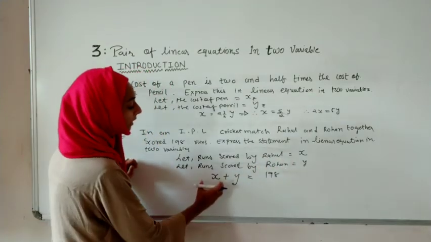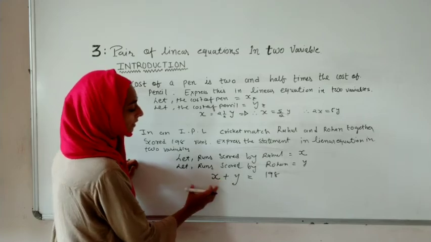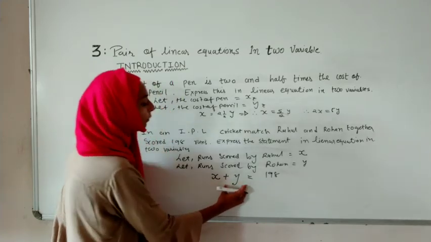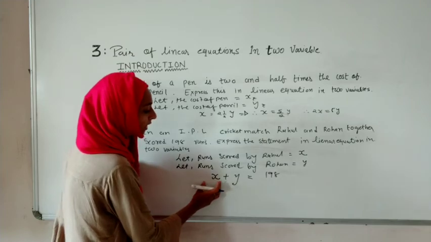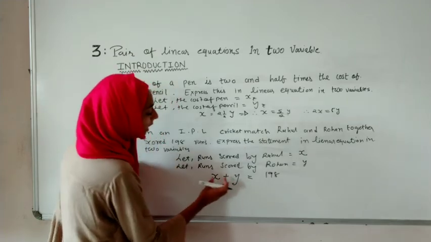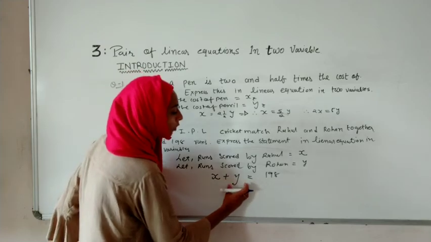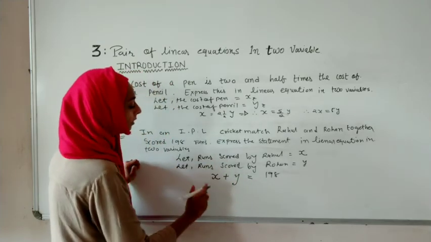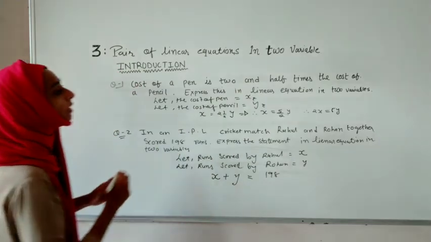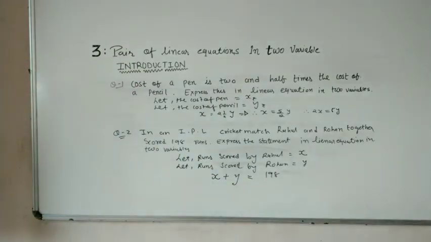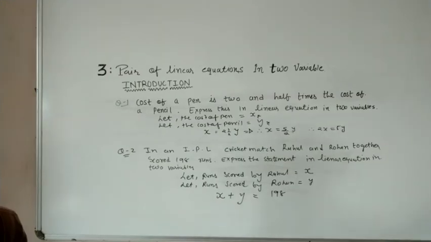So what we are doing, we are guessing some values. By guessing one value, we are getting another value. So we are guessing, suppose x as 50, so we will get the value like that. If we are guessing it as 75, we will get the value of y according to that. And we are writing it in one table, and then we are plotting it on the graph, and after plotting the graph, we are getting one line, means we are satisfying our concept that this is a linear equation and our graph is also in the form of linear or a line. This is how you can take a few more examples and you can also solve them.